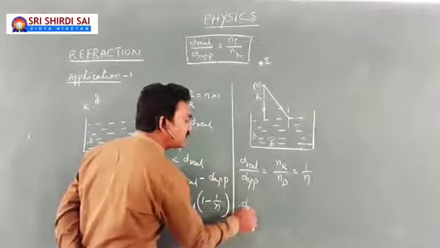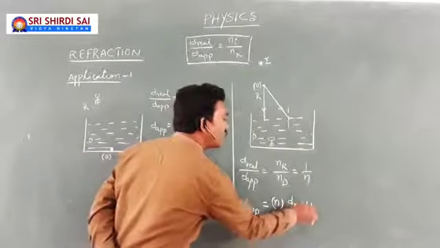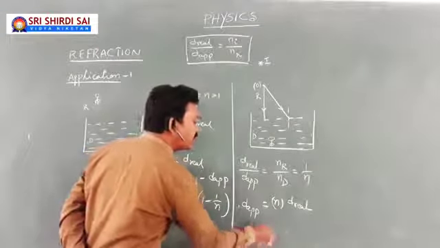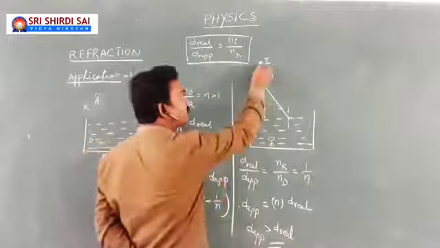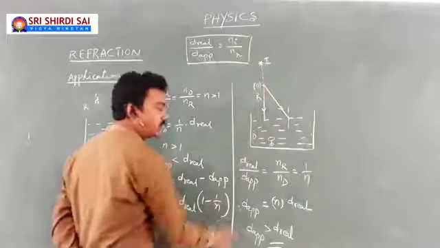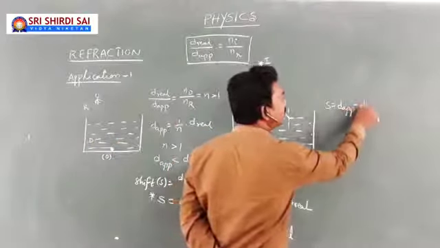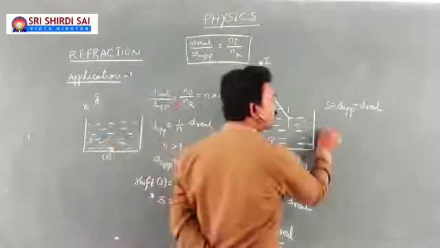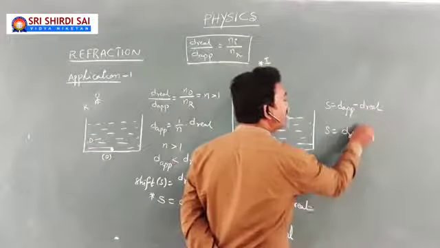Then apparent distance equals N times the real distance. You already learnt N is greater than 1. So apparent distance will be greater than real distance in this particular case. So you can see the apparent distance of the image is more than the real distance from the interface. Now the shift formula is usually apparent distance minus real distance, because here apparent distance is more. That's all. Now whenever you have done this shift formula, here it is real distance times (n minus 1).